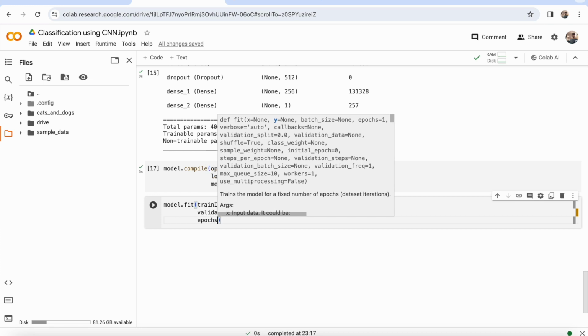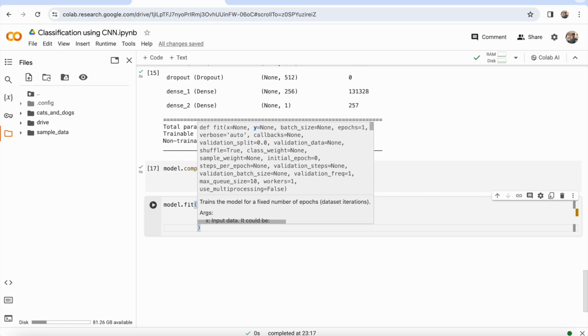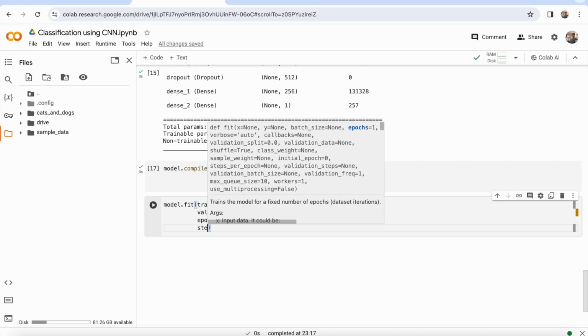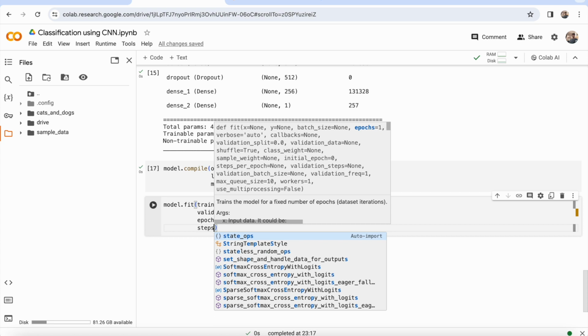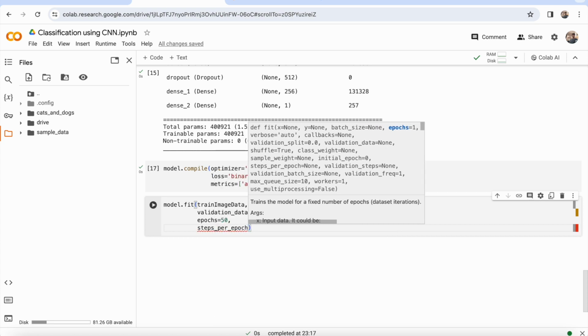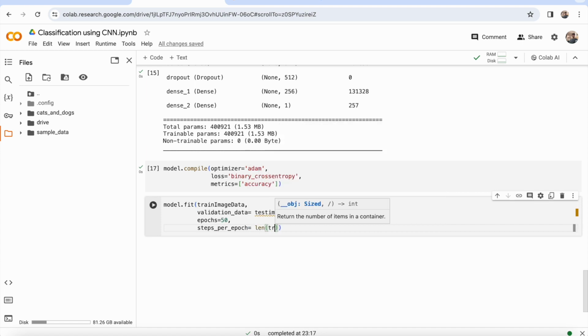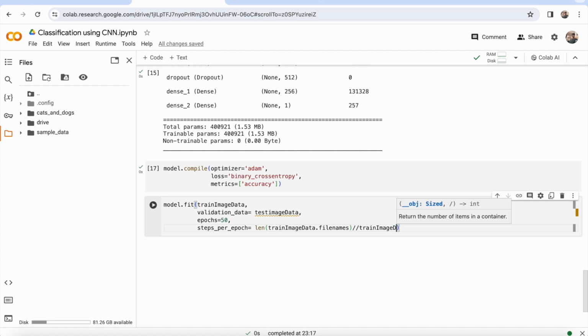Epochs, I'll keep it to 50 for now for simplicity. Steps per epoch, this I will give as length of train image data dot filenames divided by train image data dot batch size,